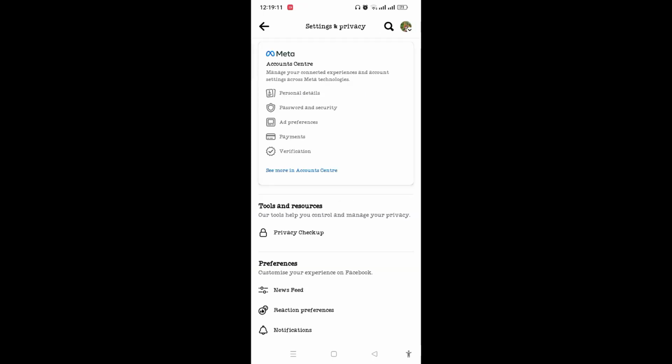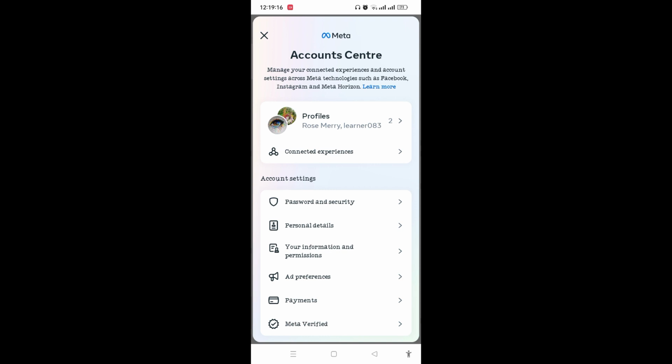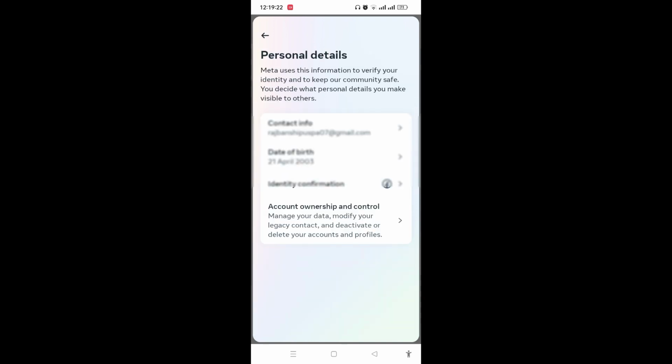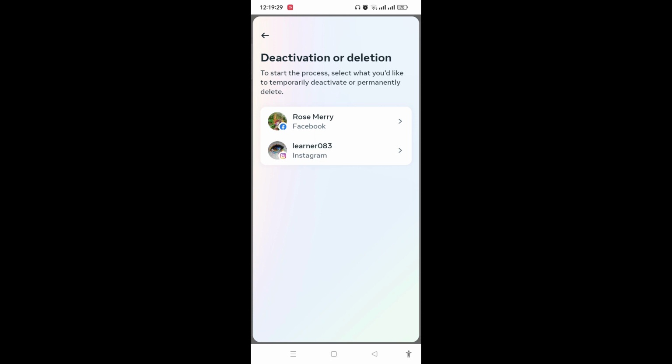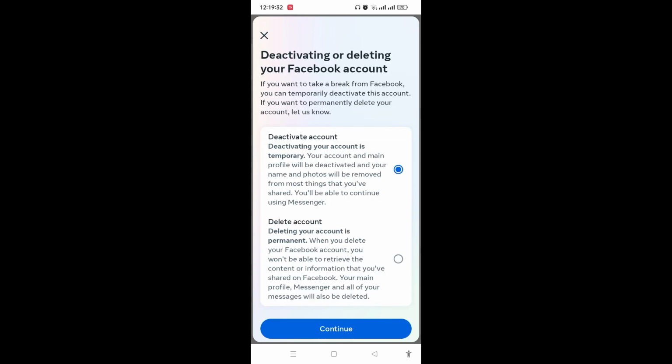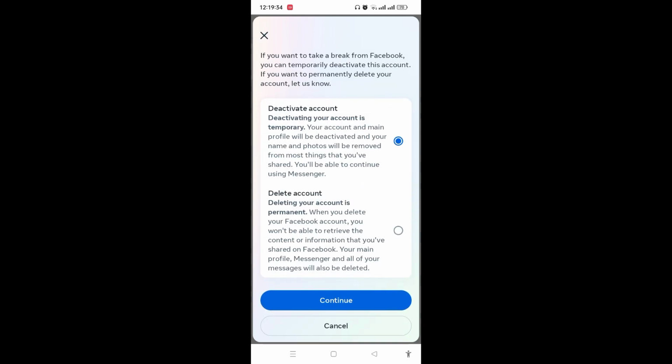And you need to tap on See More in Account Center. Then you need to tap on Personal Details. You'll get access to this page where you need to tap on Account Ownership and Control and tap on Deactivation or Deletion. Tap on the Facebook and now you need to tap on Deactivating your account is temporary, so tap